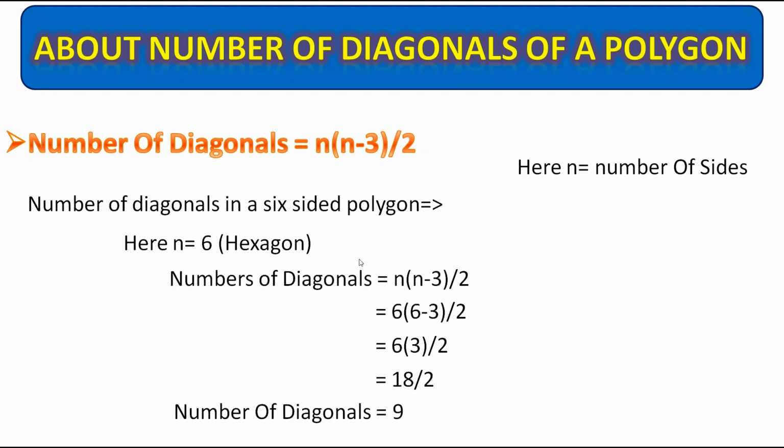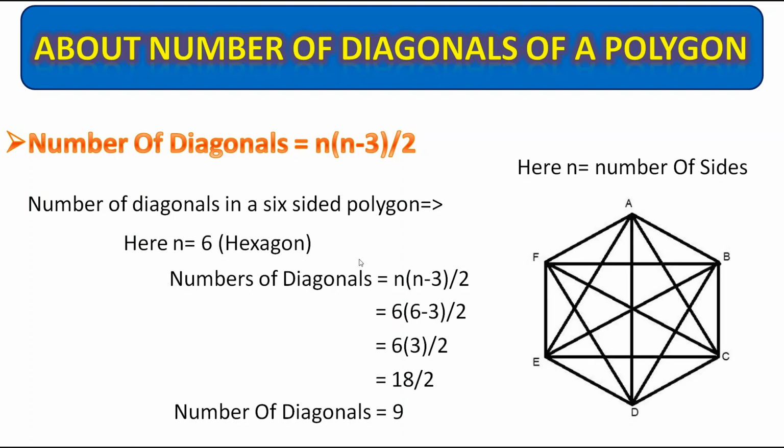Let's check with the help of the diagram. Okay. So here these are the diagonals. Let's check. Let's count one by one. 1, 2, 3, 4, 5, 6, 7, 8, 9. So exactly we got 9 diagonals in hexagon. So I think it will be very useful for you to find out the number of diagonals. Now let's